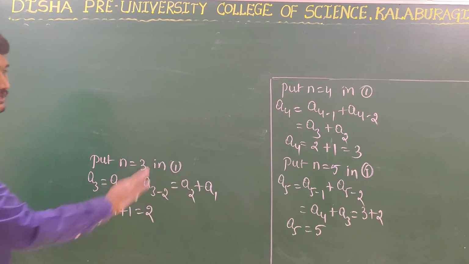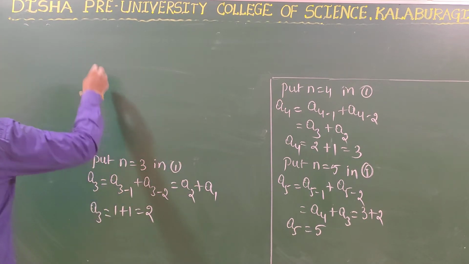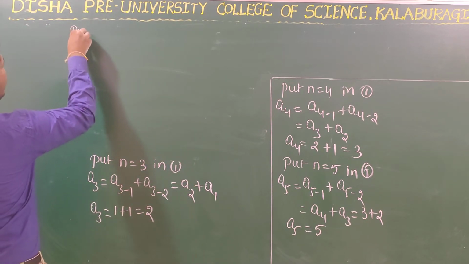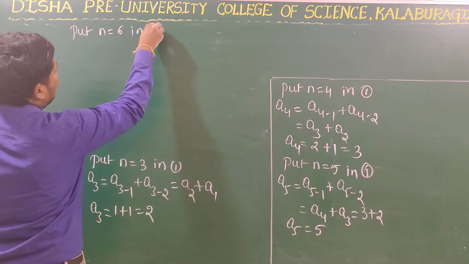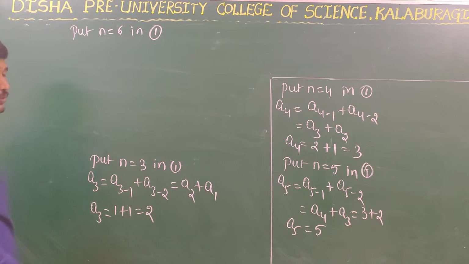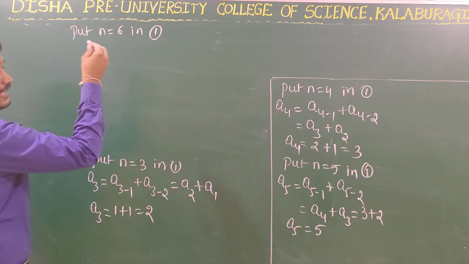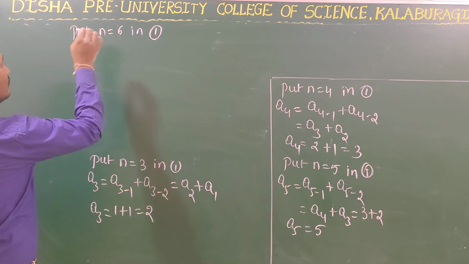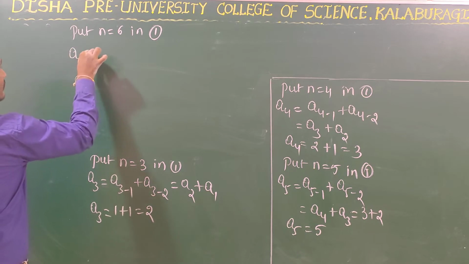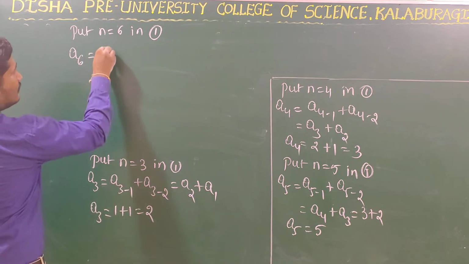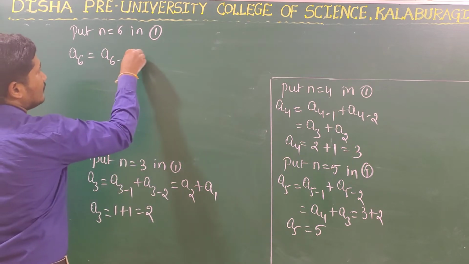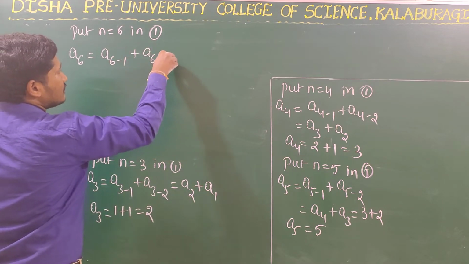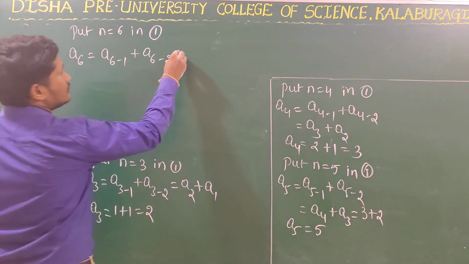So put n is equal to 6 in equation 1. So what was our equation? An is equal to, so n is equal to 6 here. So A6 is equal to An minus 1, that is A6 minus 1, plus An minus 2, that is 6 minus 2. So this is equal to